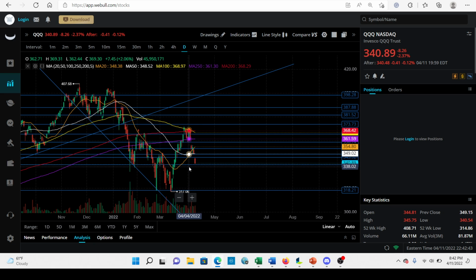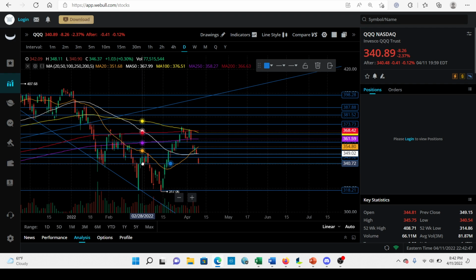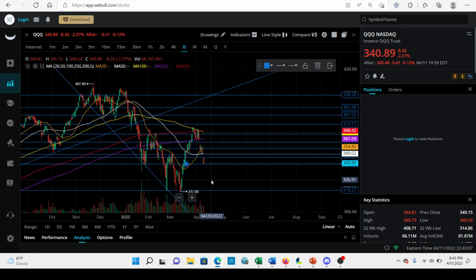And look where we are right now. So look at the top of this massive green bar. And look at where we are now. I mean, no coincidence. This is acting as support right here. So 340, I would say that this is a support area. If we lose 340, that's going to start looking really bad. If we lose 340, well, we could come all the way back down. Everything between here and here is free game.